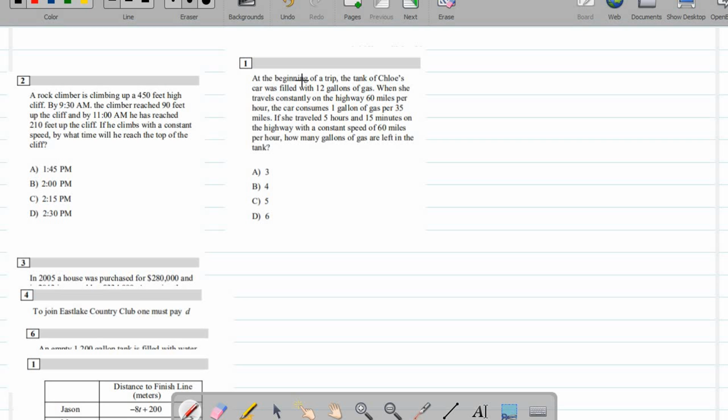At the beginning of a trip, the tank of Chloe's car was filled with 12 gallons of gas. So she had 12 gallons to start with. So we're having 12 gallons of gas as the initial amount of gas she had. So when she travels constantly on the highway at 60 miles per hour, the car consumes 1 gallon of gas per 35 miles. So for 60 miles,